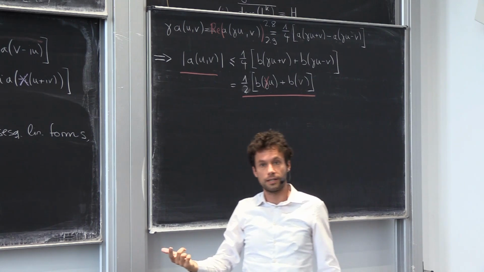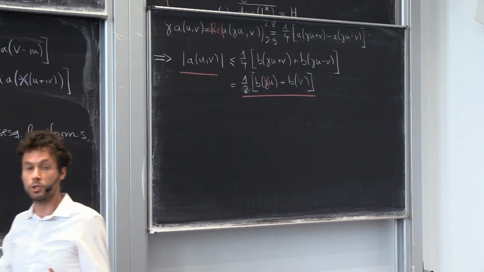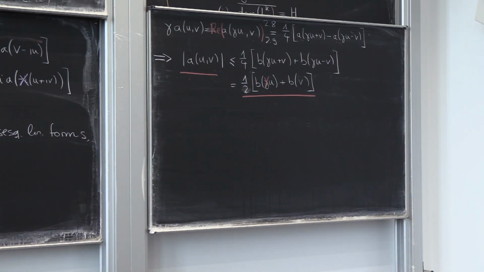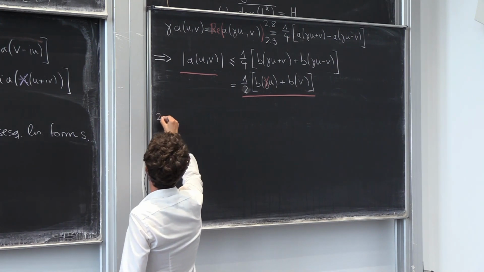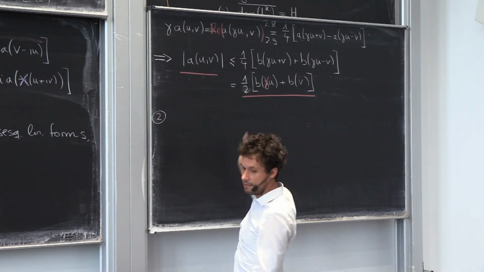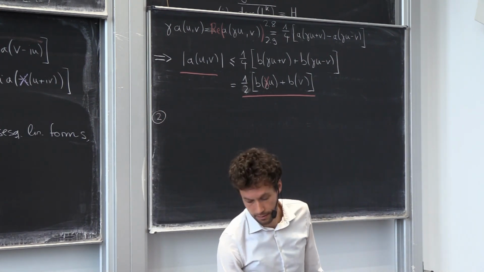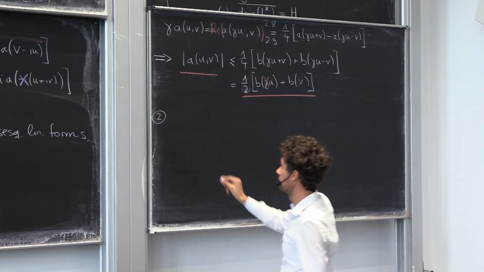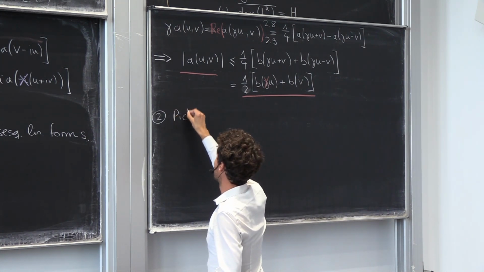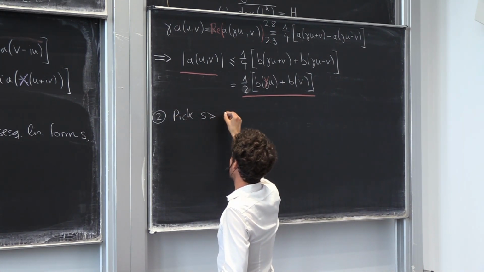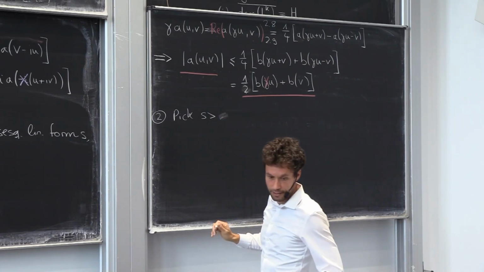I have to find a trick that transforms the seemingly much weaker additive inequality into the stronger multiplicative one. And the trick uses the fact that this additive bound is valid for all vectors u and v in the Hilbert space. And there's a rescaling argument that allows me